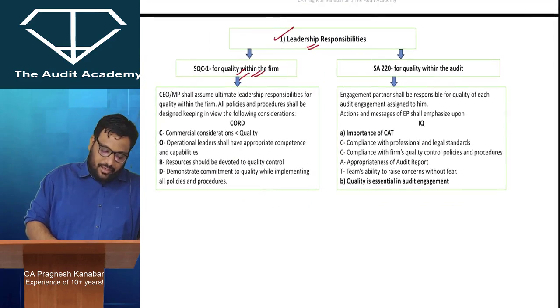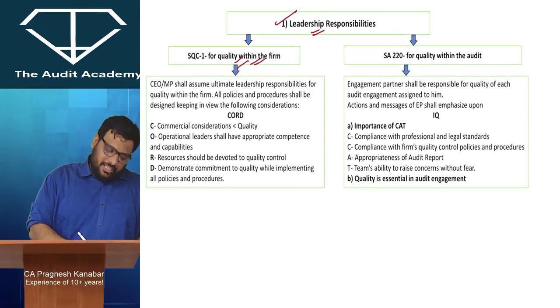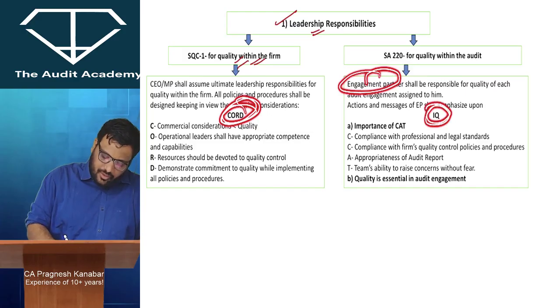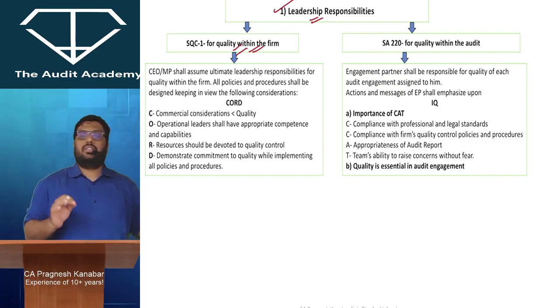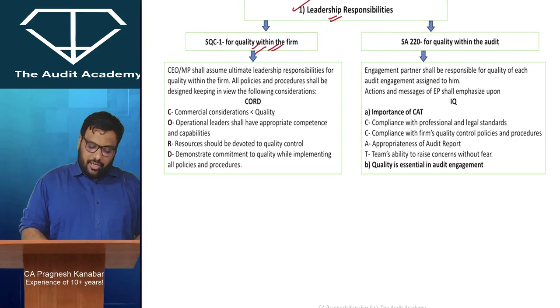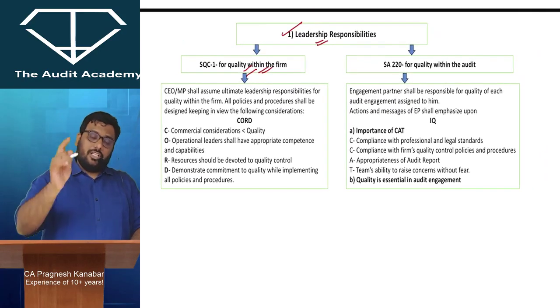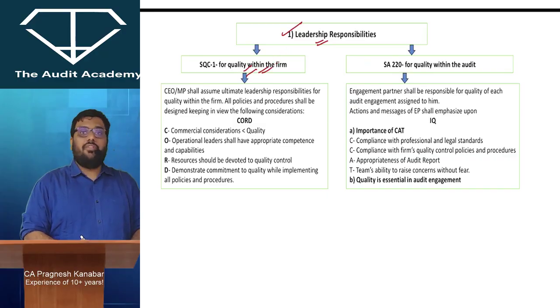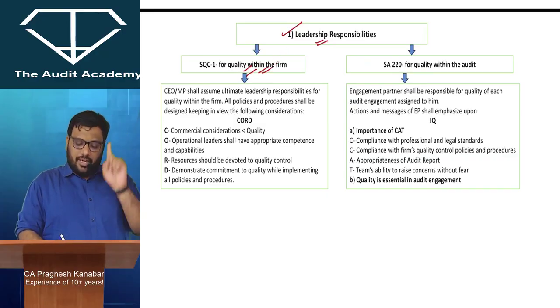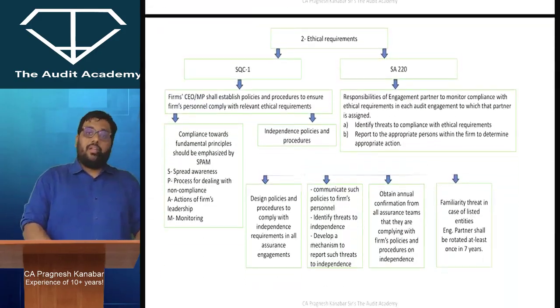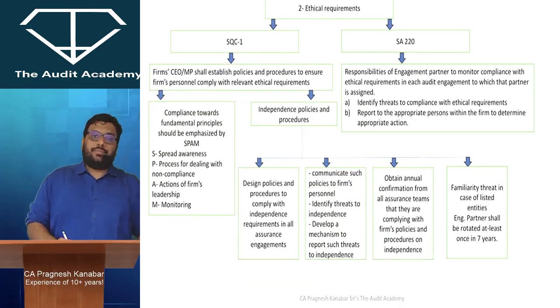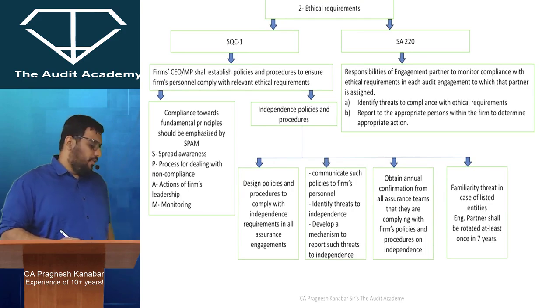So everyone over here, as a CEO managing partner, think about COD. As an engagement partner, IQ, and I, importance of CAT, and Q for quality is essential in audit. That's it. Your leadership responsibilities are done. Leadership responsibility for quality within the firm will be the CEO managing partner. Leadership responsibility for quality within the audit will be the engagement partner. One element is done. Second, E for ethical